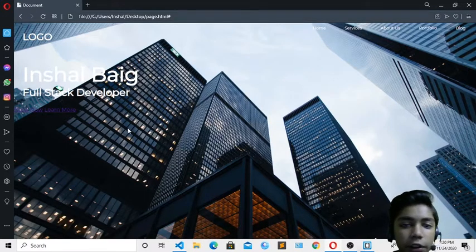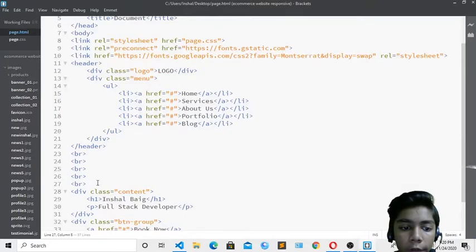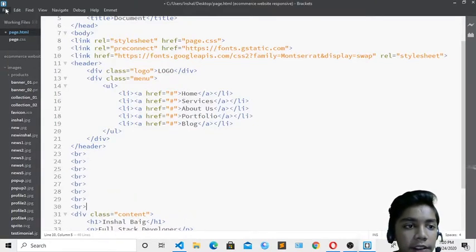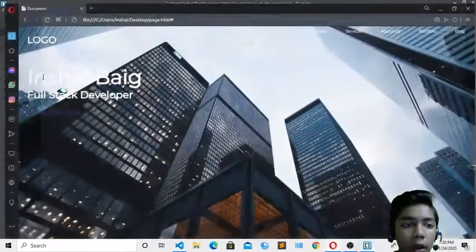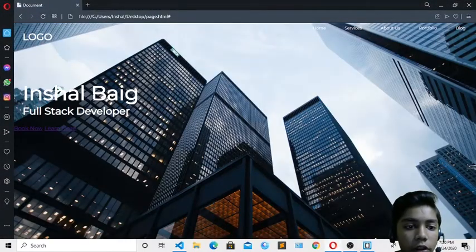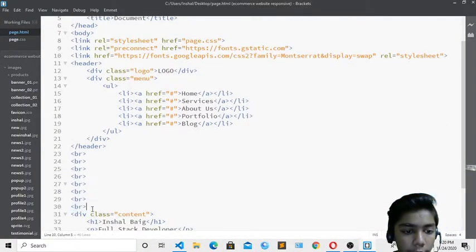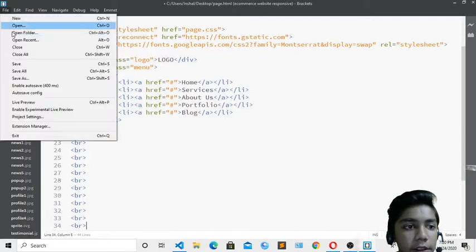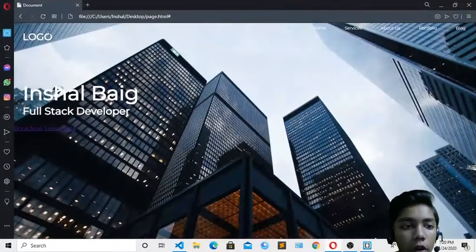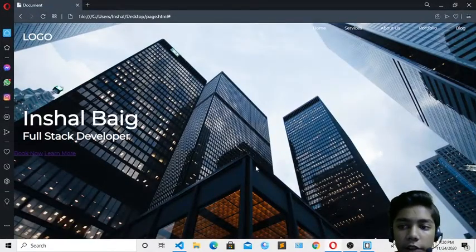First of all, we have to bring it down more. So I will copy and paste, save that, and go to my Opera browser and refresh. Here you can see it has come underneath again. So I will copy that again, paste that, save again, go to the browser and hit refresh. Now it is good.